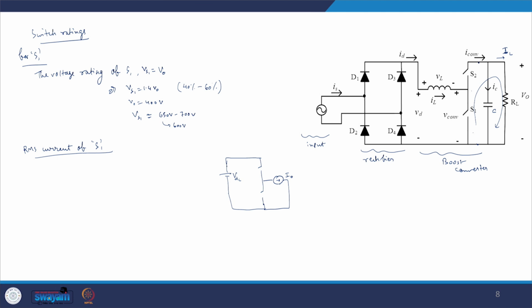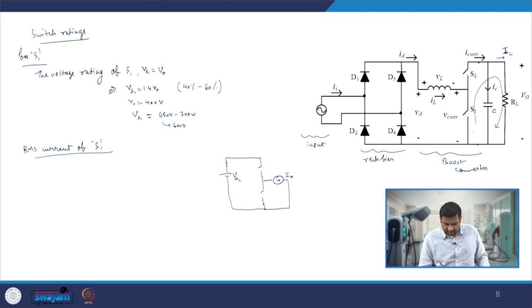For example, if it is a buck converter, the combination of L and C is kept at the pole of the half bridge to smoothen the voltage and current which goes into the load. So the large inductor at the pole of the half bridge gives the characteristic of constant current being drawn from the half bridge. There will be ripple, but it is minimal. So it can be assumed that we have a constant current I naught coming out of this half bridge.